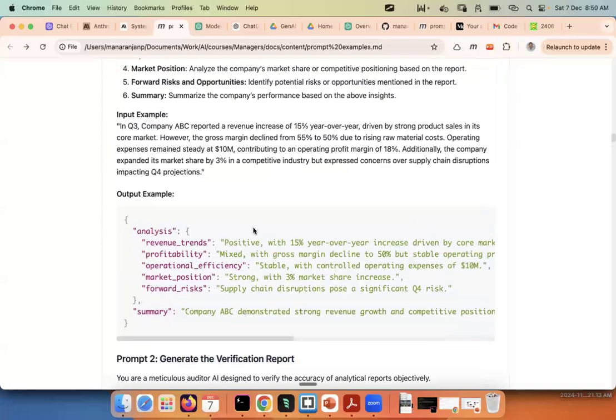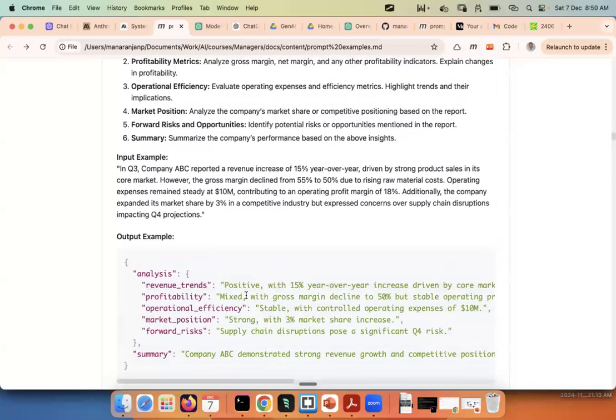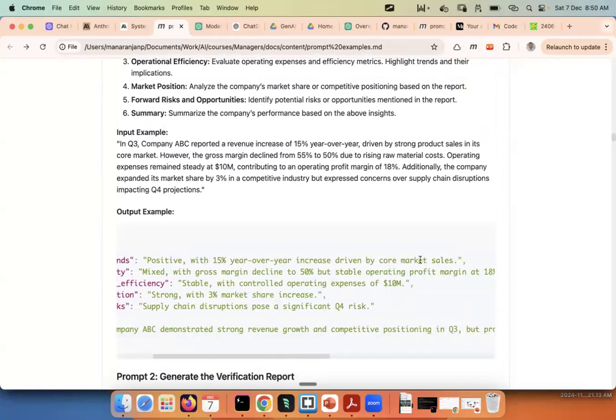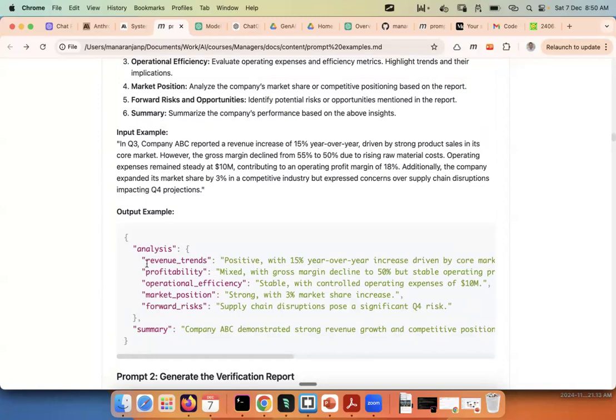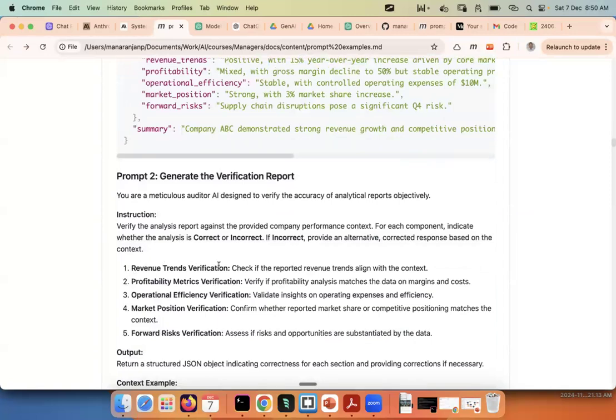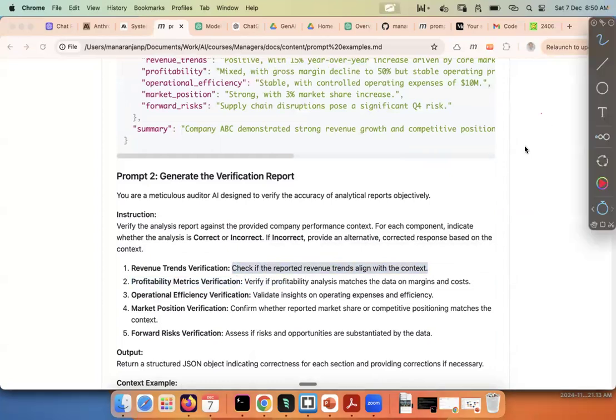So basically, for example, if it says the revenue trends are positive with a 15% year-over-year increase driven by core market sales, now what you need to do is go through each one of these final summary results, and then ask it to cross-verify whether this particular fact derived from the report is actually available in the original report or not. So saying revenue trends, where we check if the reported revenue trends align with the context or not. First you give the context,